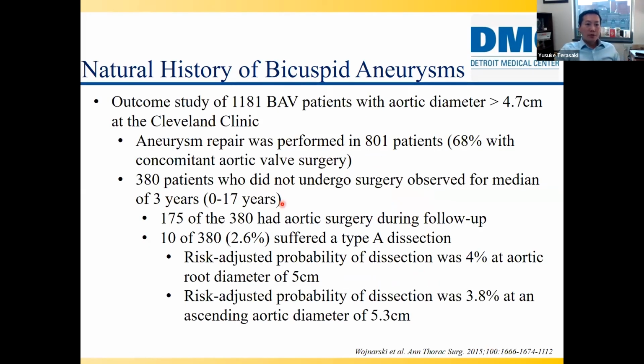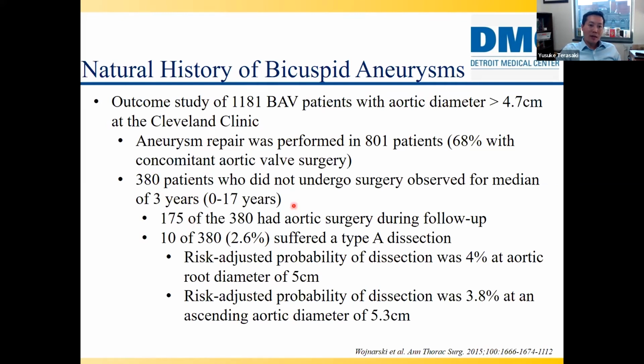So we talked about the natural history. The biggest data comes out of the Cleveland Clinic, where they studied almost 1,200 patients with bicuspid aortic valves with an aortic diameter of 4.7 centimeters. More than half, almost 2/3 of the patients underwent aneurysmal repair before anything had happened. But what we should look at are the patients who did not undergo surgery during this time period. You can see that of those 380 patients that did not undergo surgery for aneurysm,